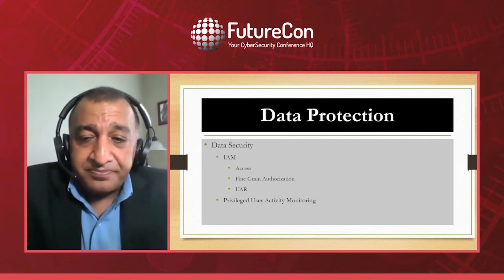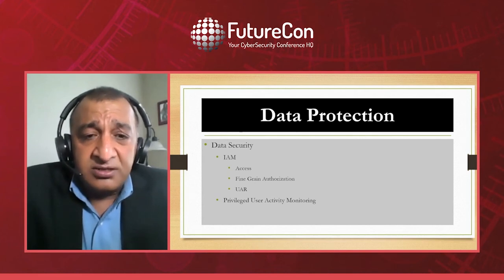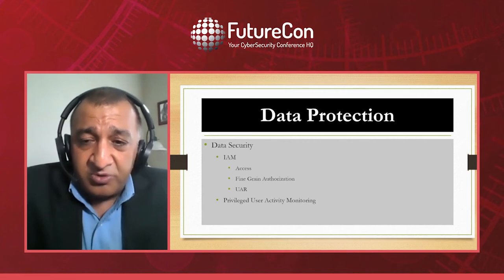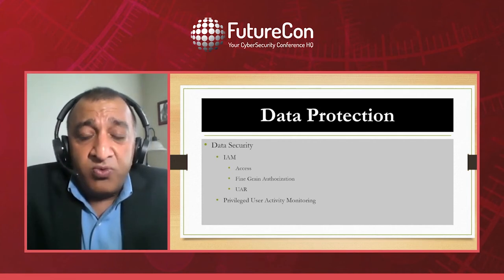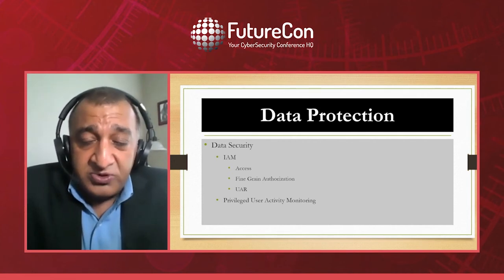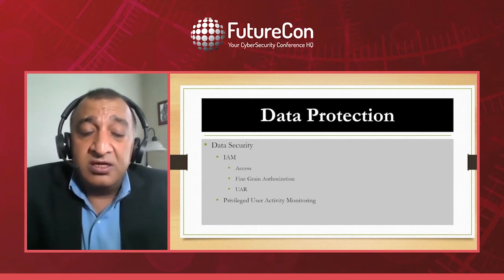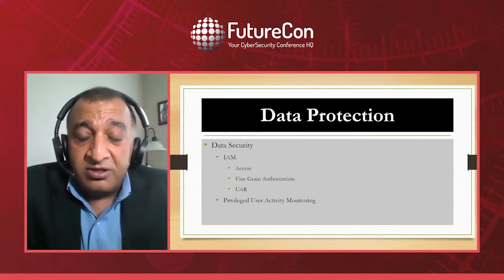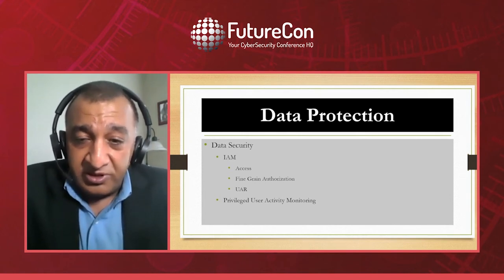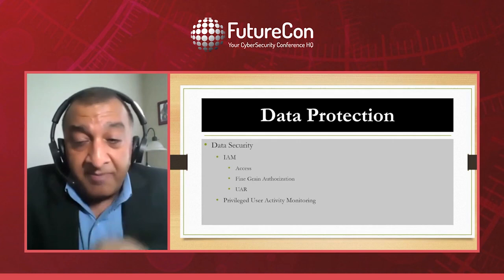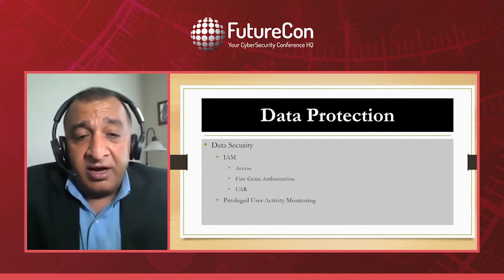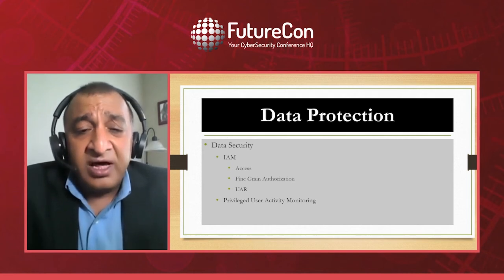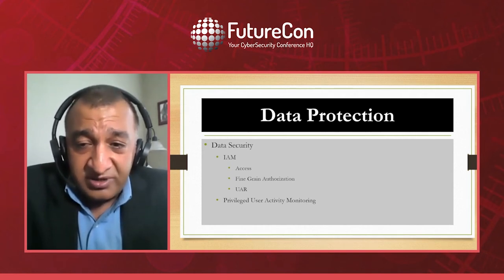Okay. Next, so now we've done the identity access management program, right? But what we still have is privileged users. We still have DBAs that have access to databases. We still have system admins who have root privileges or admin privileges, right? Or application admins who have higher privileges on these applications, right? So we've got to be able to monitor their activities.